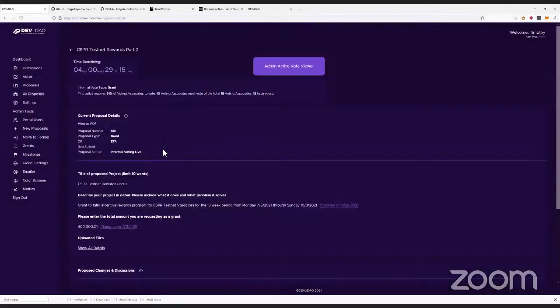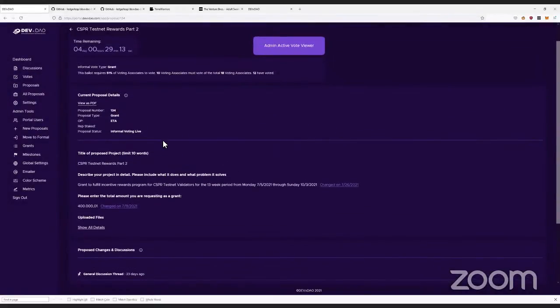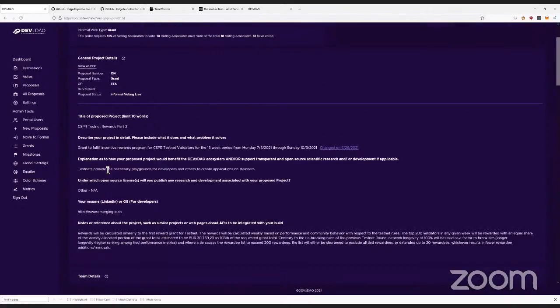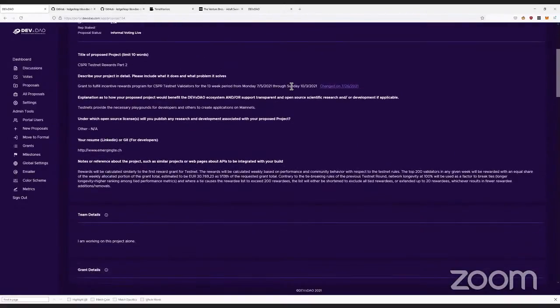And then finally, there is the testnet rewards part 2. Everybody's been waiting for this with bated breath. We've been making certain that everything here is completely correct and works with all of the things that our testnet community members have been promised, because they have been absolutely indispensable to the continued operation of mainnet and the continued smoothness of all of the upgrades that Meta's amazing team continues to bring us.